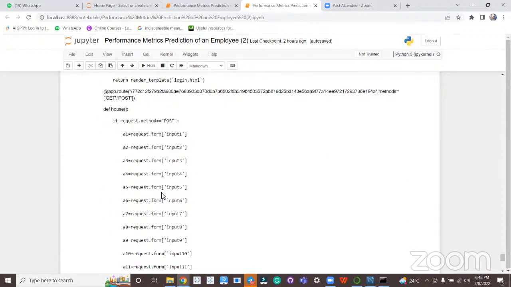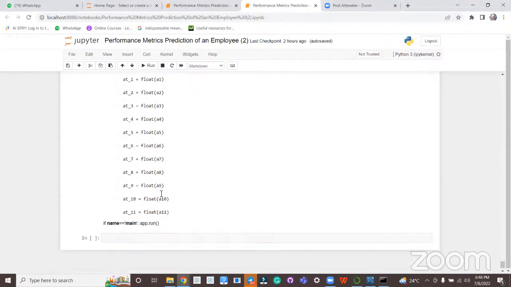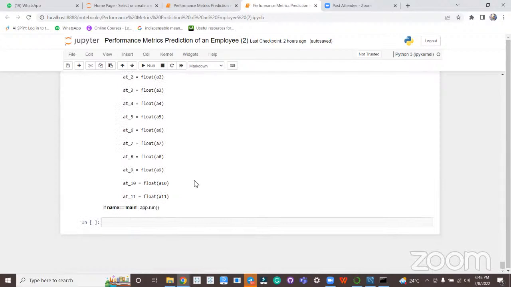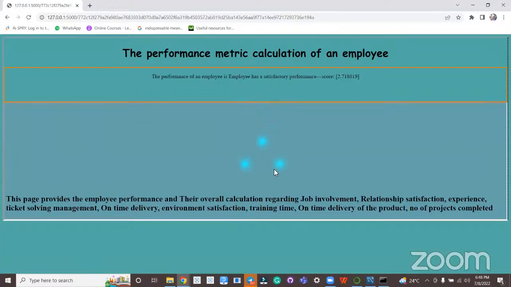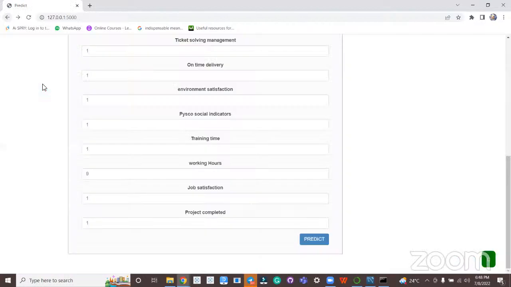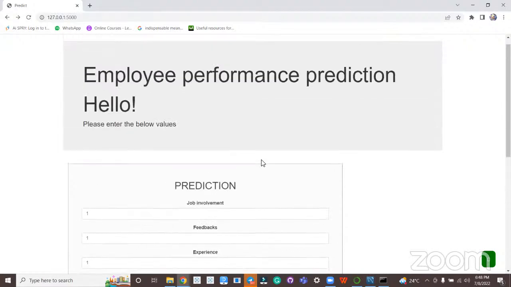Scroll down, and these are the input applications that we are passing to the model. And we are calling this function as app.run. The main function is triggering here. And when we execute this, we get the UI. We can go back to the UI, and this is the look and feel. We can go back to the screen, the input screen. This is the result screen. If I go back, this is basically how your deployed screen looks like.